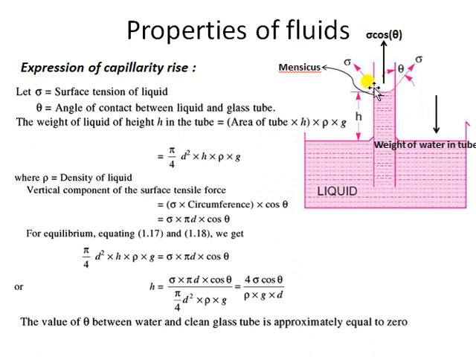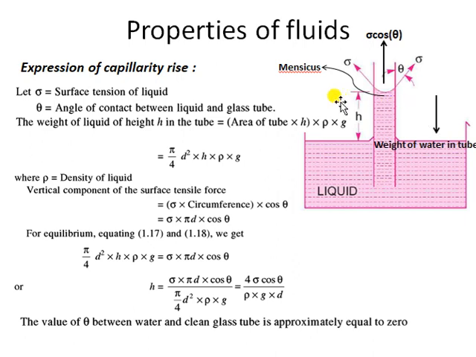So if I want to maintain this capillarity in the tube, these two forces should be balanced. That's what we will try to do to derive the expression of the height of rise of water in the tube. To derive the expression for the height of the rise of water in the tube, we'll use this condition: vertically, these two forces should be balanced here. So that's what we are doing here.